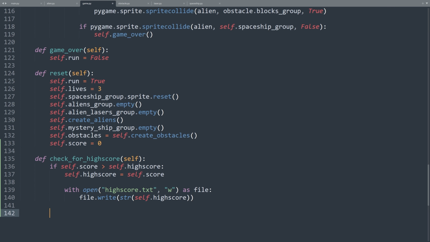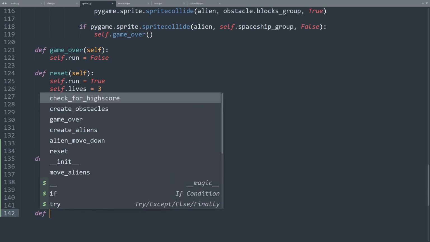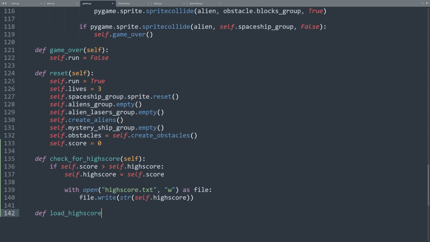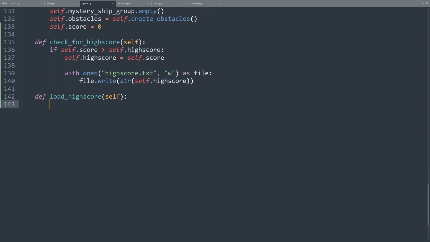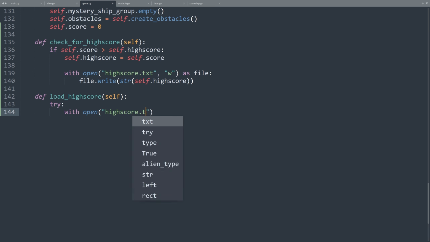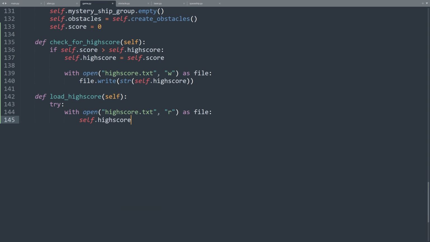Let's create a new method that will load the saved high score from the file. def load_highscore(self): try: with open("highscore.txt", "r") as file: self.highscore = int(file.read()).